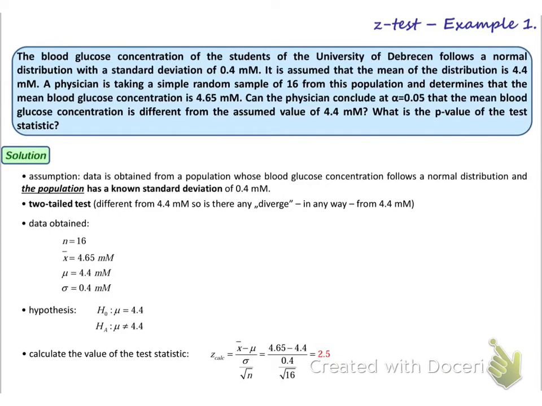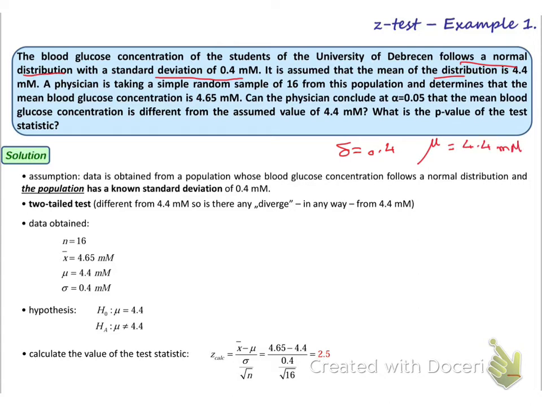In this example, we are going to use a z-test to test the hypothesis and arrive at a conclusion. It says that the blood glucose concentration of students of the University of Debrecen follows the normal distribution. So this will be my population. It follows a normal distribution with the standard deviation 0.4, sigma equals 0.4. It assumes that the mean of the normal distribution, which is mu, equals 4.4